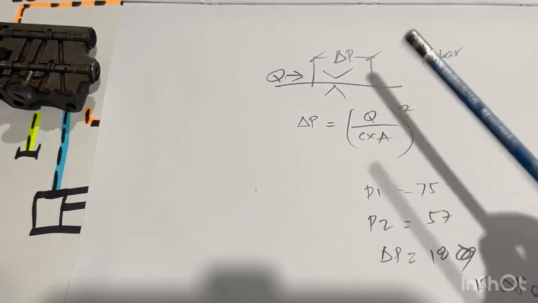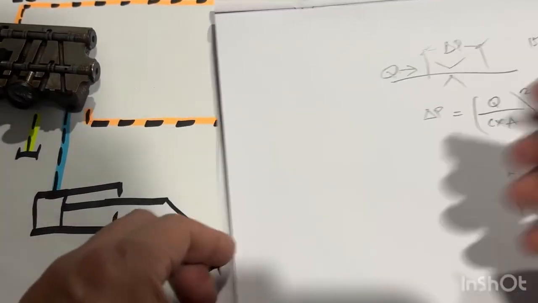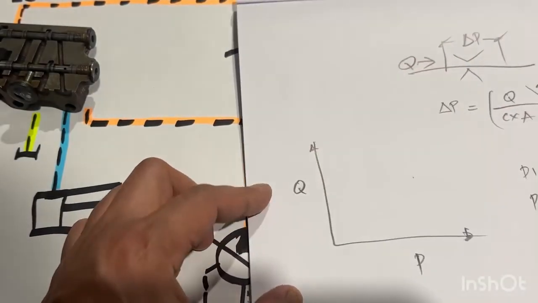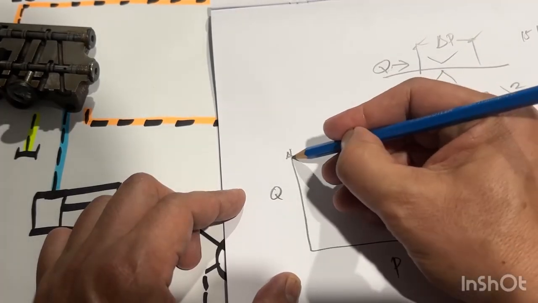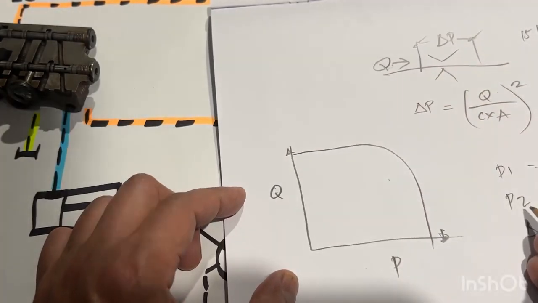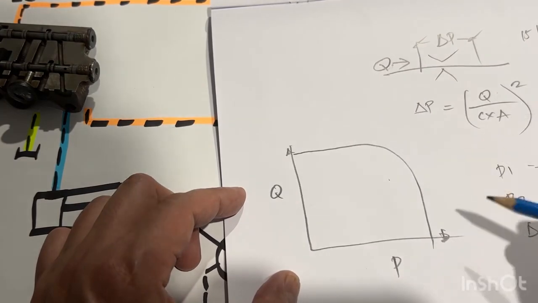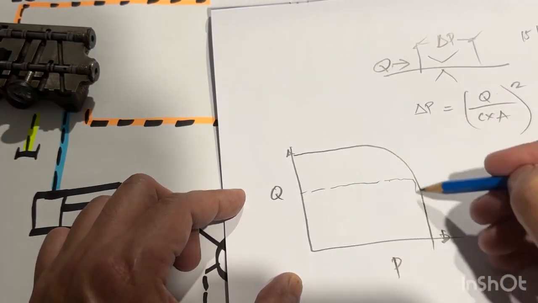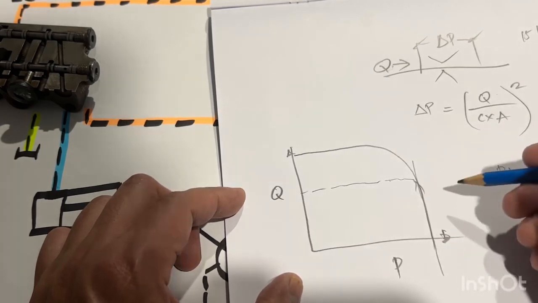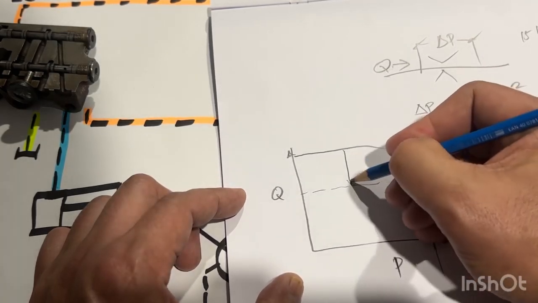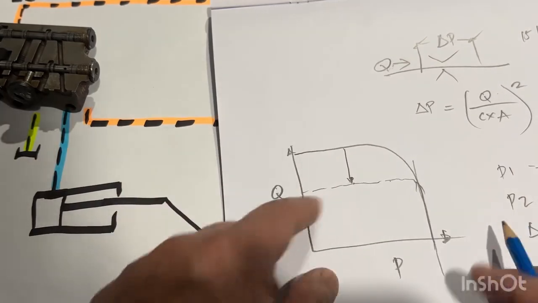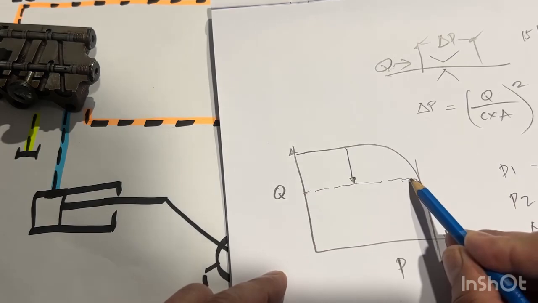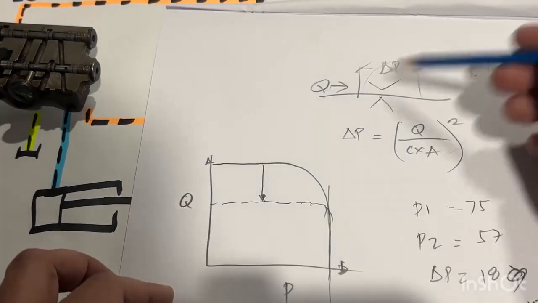Remember that principle. Now, what happens in the graph? This is your P and this is your Q. At condition 1, max flow, like that. Then we change to condition number 2, 50% opening, regulation position. The flow will go here. This is your limit, this is your cutoff. From there to here, it regulates. Once the pump flow rate is here, it means the delta P is 15 bar already. Remember this principle. Good.